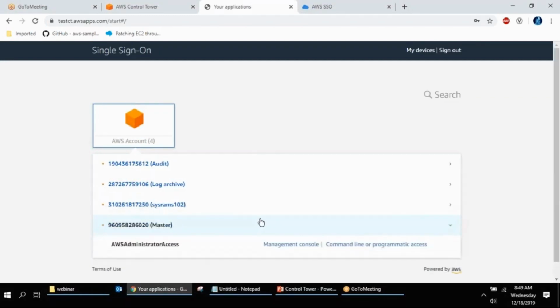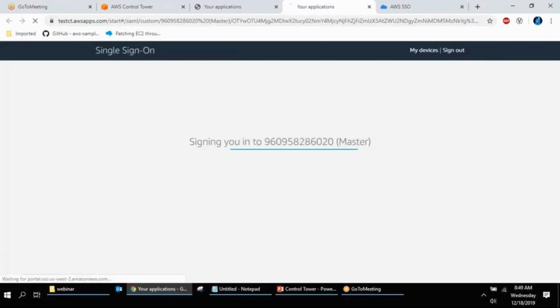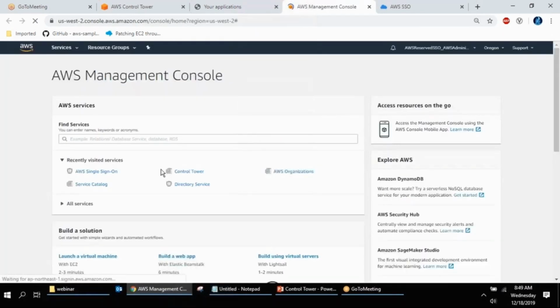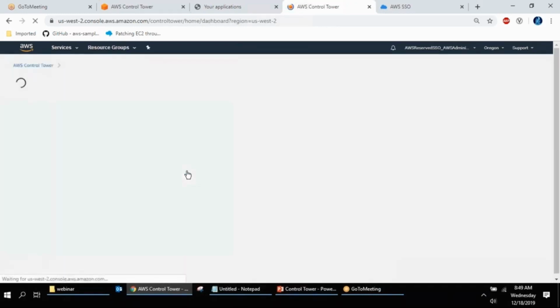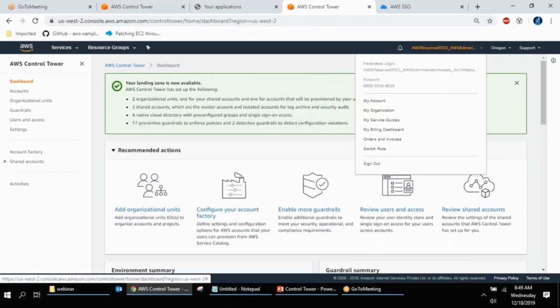Let me click the master account. I go to the console. So I just logged into my console. Here I will go to Control Tower. If you see the role, I logged in with AWS administrator access.